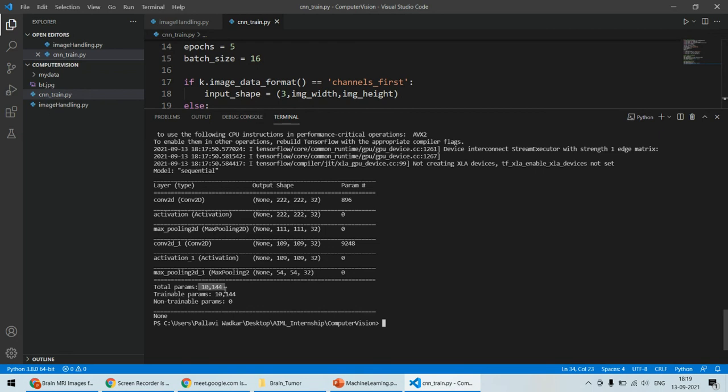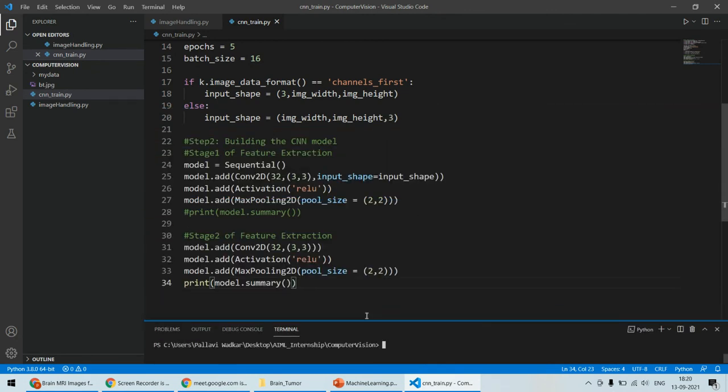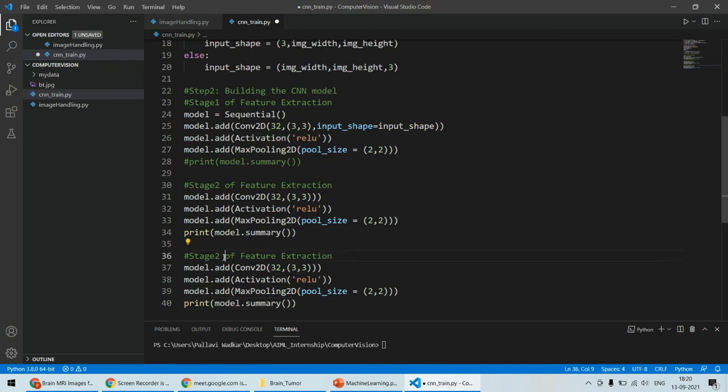तो इसका मतलब है जब नेटवर्क ट्रेन होगा, एक इमेज को जब हम उसको देंगे, और ट्रेनिंग के टाइम पे जो मैंने बोला था कि वैल्यूज को अपडेट किया जाएगा, वो नंबर ऑफ वैल्यूज 10,144 होंगे। इतने नंबर ऑफ वैल्यूज को फाइनल एडजस्टमेंट किए जाएंगे। ये हम अभी स्टेज 2 की बात कर रहे हैं, अब हम स्टेज 3 भी ऐड करेंगे। तो लेट्स अगेन क्लियर दिस वन, और स्टेज 3 की तरफ जाएंगे। तो यही सब कुछ कॉपी पेस्ट करूंगा क्योंकि यही सब कुछ मुझे स्टेज नंबर 3 में चाहिए।